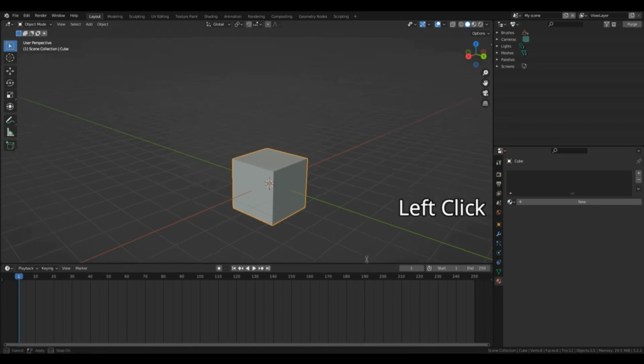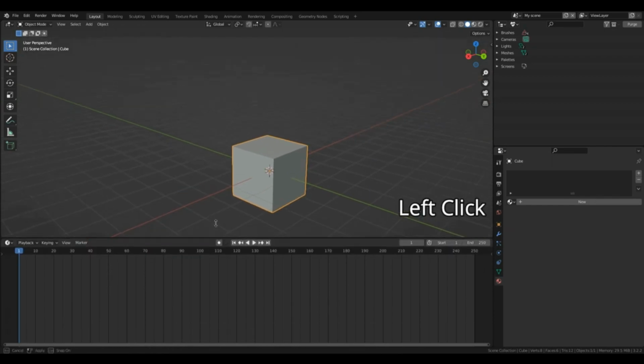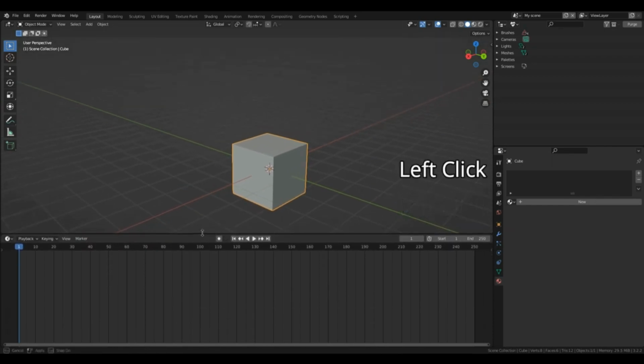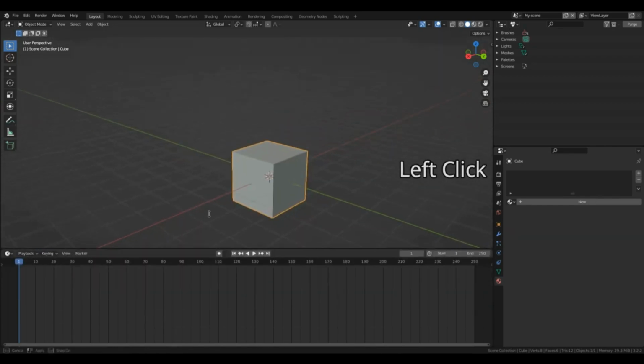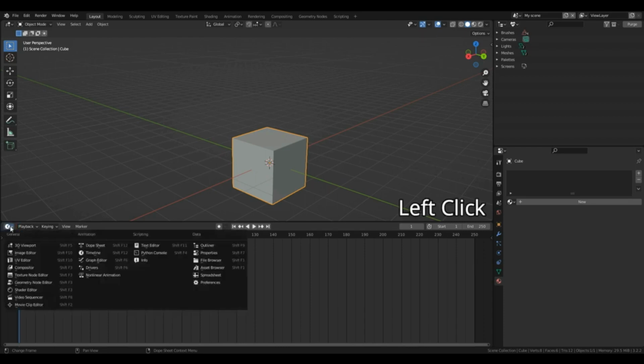This editor menu is quite a bit bigger, so I'm going to drag up my timeline here just by left clicking at the top and dragging my mouse or my touchpad. Now at the far left you can see a clock shape. That essentially is the symbol to represent the timeline. But we're not doing any animating today, so we're going to switch to a different workspace. So I'll left click on the clock and I'm going to come under general